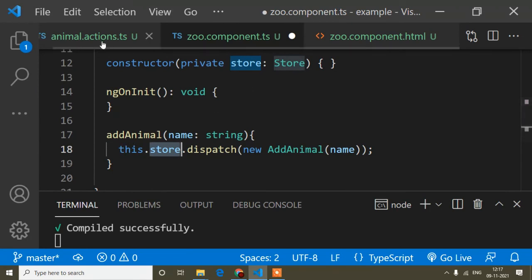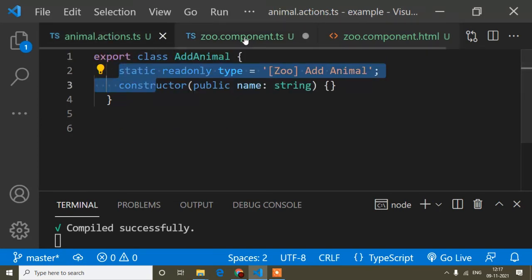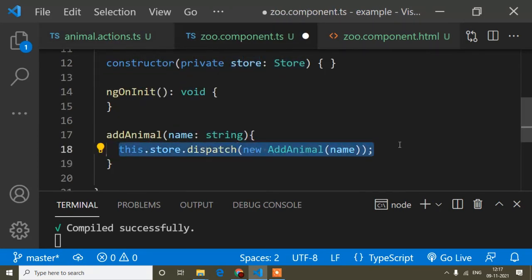Here we have to call any API. That API we also have to write in a state, and from this state the API will come in an action, and we just call this action this way. This way we can call the API also. In the next video I will create the state, and after that I will show you how to create the API in a state, and how you can call this API using NGXS. I will show it step by step.